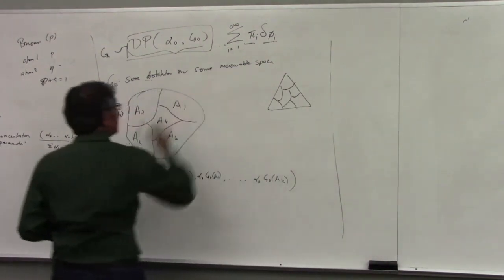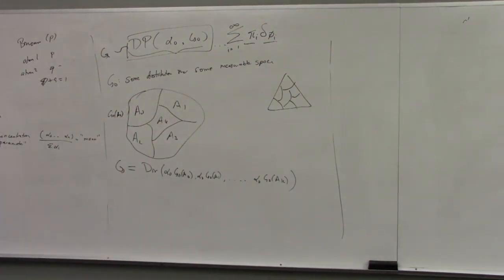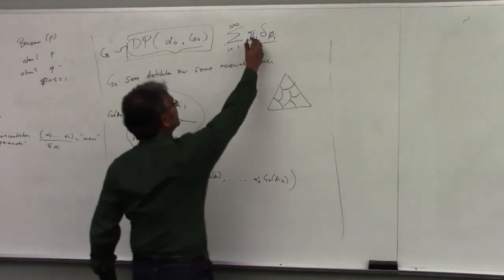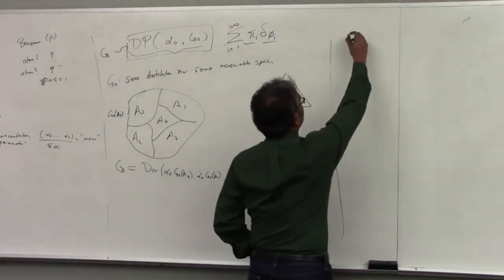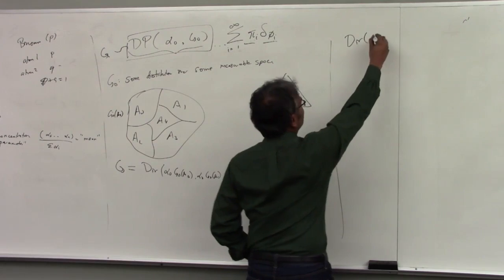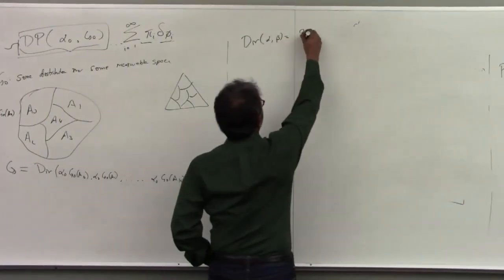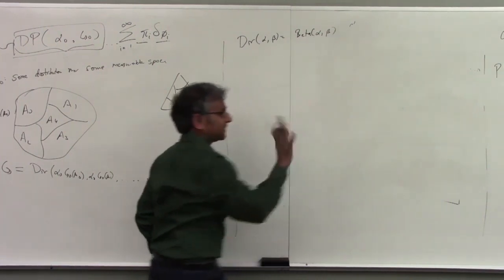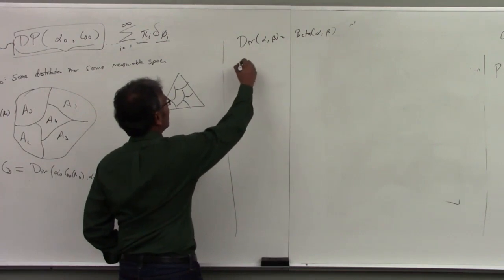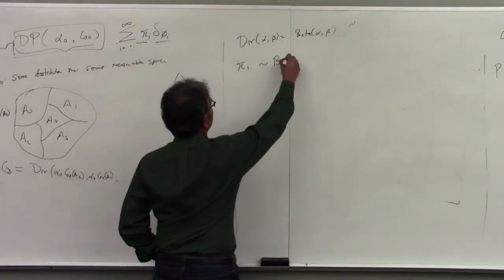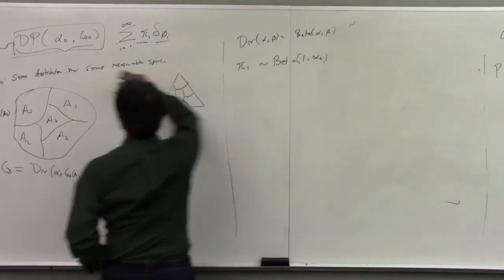And how you get these parameters is by what is called a stick breaking method. So the problem now is I want to construct pi i's that get me what I need, and here's what I'm going to do. So in notation, a Dirichlet distribution on two parameters is called a beta distribution. That's a special name for it. So what I'm going to do is the following. I'm going to sample pi 1 from a beta distribution on 1 and alpha 0. Remember, alpha 0 is a parameter there?